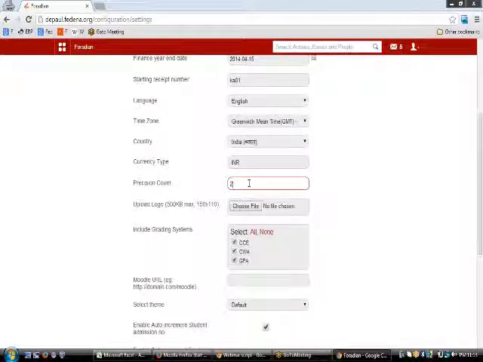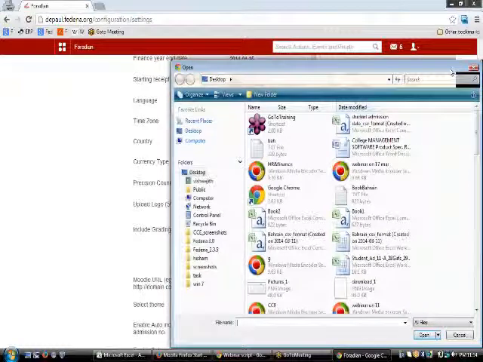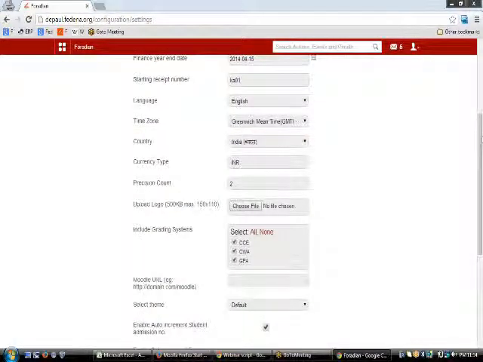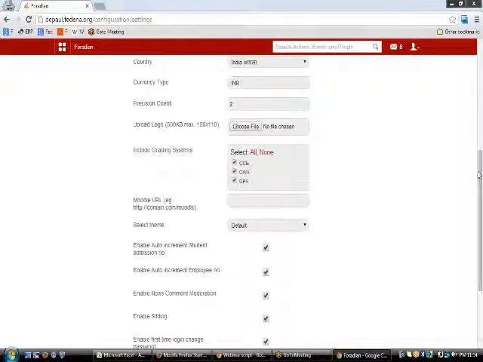The next thing would be to go to the upload logo, where you'll be able to upload the logo of the school. Let us suppose you have a logo and you want to have it in all the receipts that will be generated from the application. To do so, you need to click on the choose file part from here and choose the logo that you have from your institute. And please note that the logo that you upload here will be available in the login page, the logout page, and in all the PDFs that will be generated from the application.